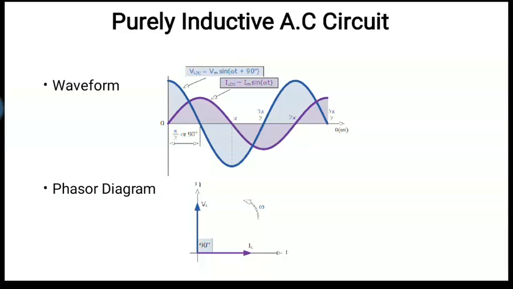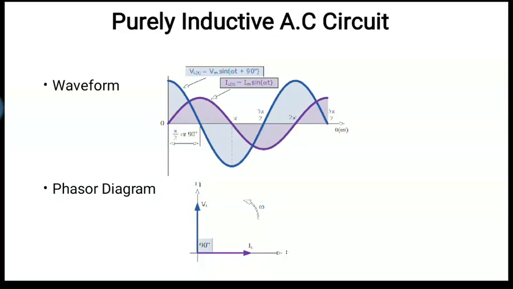So I told you in my previous lecture also, the thing which is starting from the top, positive, is always leading, and which is starting from below is lagging. Right? So here voltage, which is in blue color, starting from top positive, is leading, and it is leading by 90 degree. You can see that both the waveforms cross the x-axis at 90 degree. Purple starting from 0 and blue is crossing the x-axis at 90 degree.